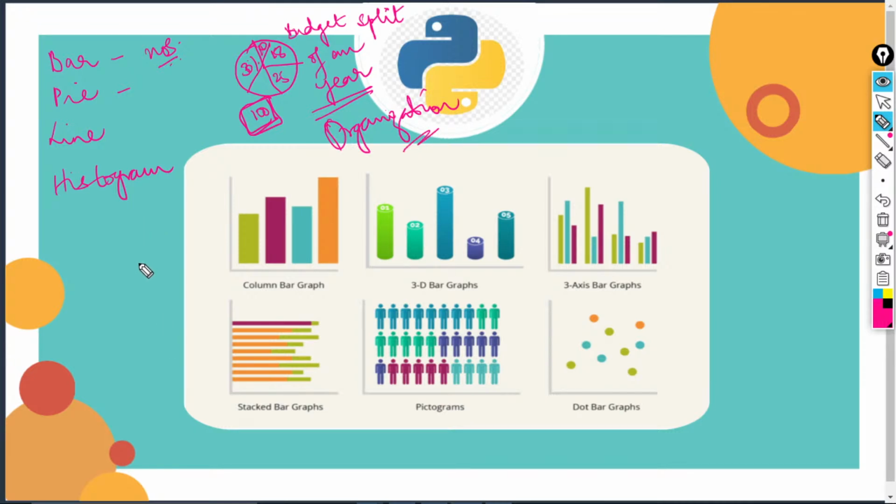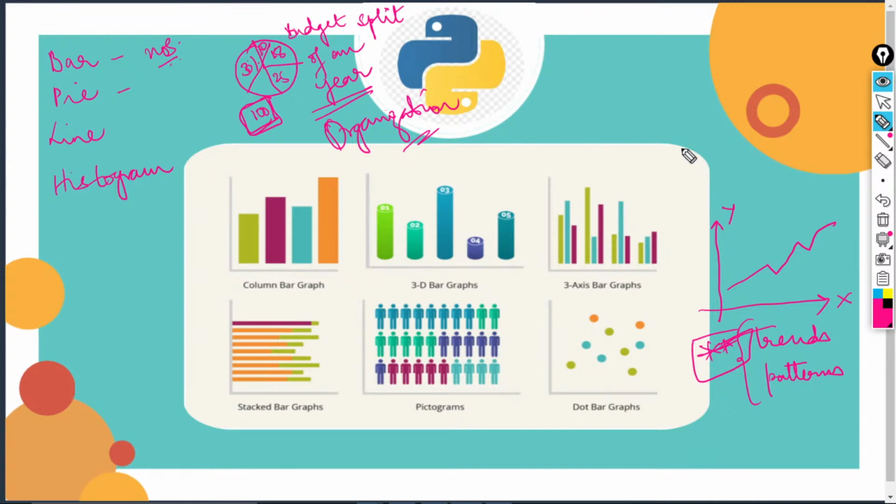The next one is the line graph. I think the line graph is the most basic graph that we all might have worked on in our schooling. This is probably an example of a line graph. So this is your x-axis and this is your y-axis. A line graph is used generally to identify trends or patterns in your data set. Identifying trends is the most important reason that you use a line graph